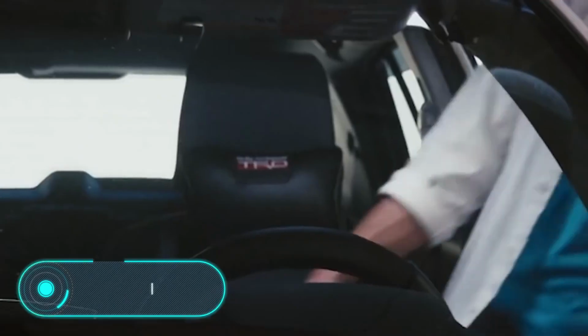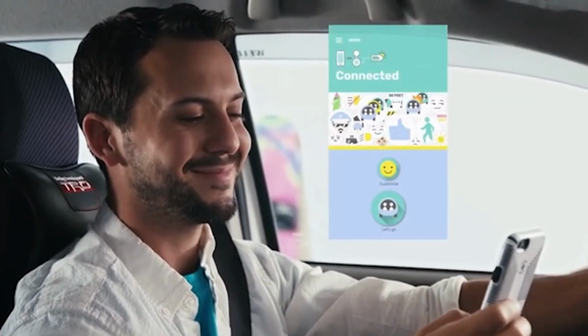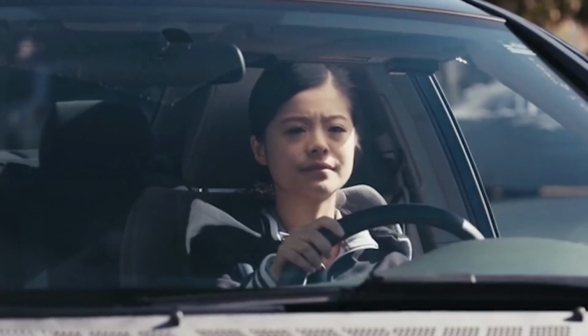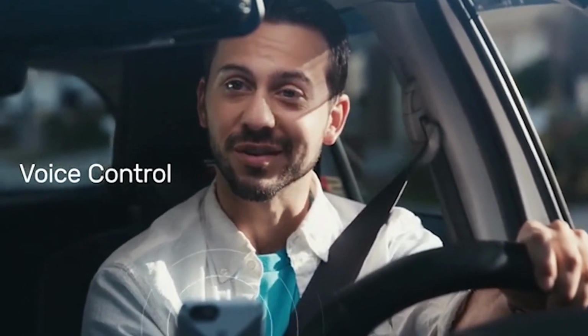CarWink. CarWink proposes using simple communication methods to meet the needs of drivers while driving. Using speech recognition, the device can transmit different emotions. Do you want to report an accident or thank the driver who let you pass? CarWink will help you. To activate the device, you must program it in advance and attach it to the rear